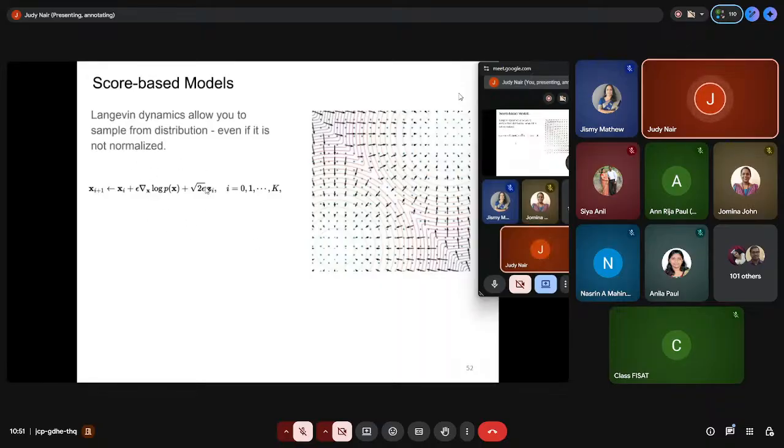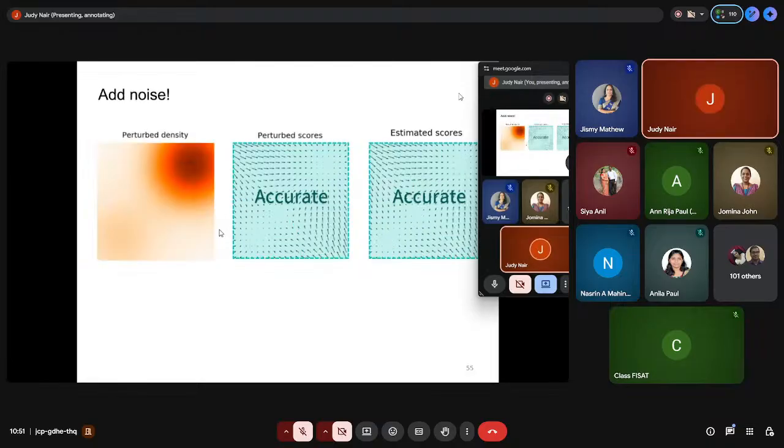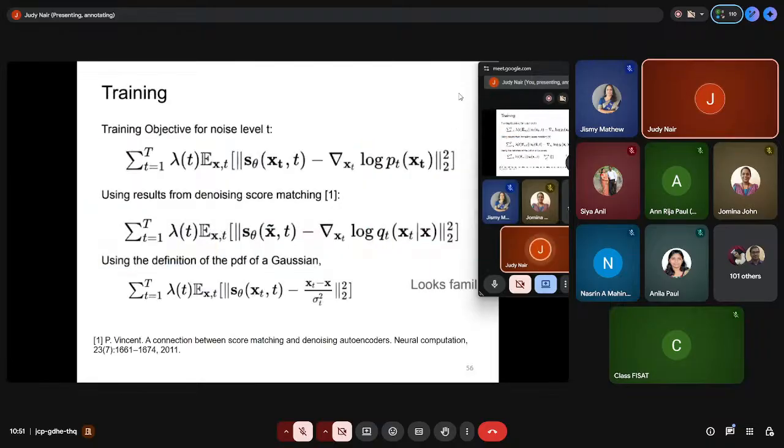The first term drives the algorithm, that is, it moves towards higher probability. But here we are adding a term which adds a little bit of randomness to it. Otherwise, we could end up on a plateau. Instead, it gives you a balance of gradient descent as well as noise. This is called Langevin dynamics, and it was proposed in this model. So score matching is done, a little bit of noise is added, and the training happens.